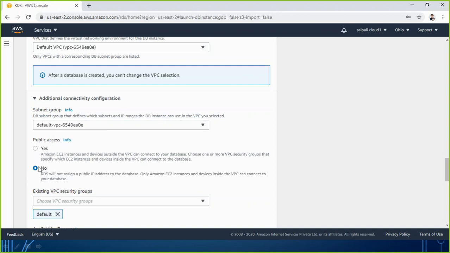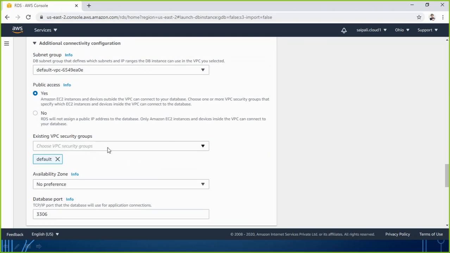If you want this RDS to be accessed on the public network, where anybody can access it, like even I can access it from my local computer through the public IP address, I have to allow it. I have to say public access yes. If I say no, it will not be accessible over the public network. Only computers within the same subnet or the same VPC can access this database server, but nobody from outside will be able to access it. So for me, I'm going with yes, and then I scroll down.